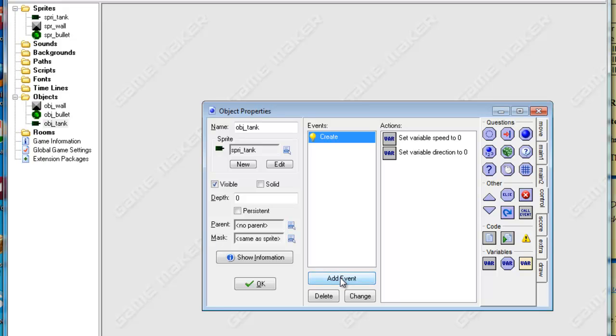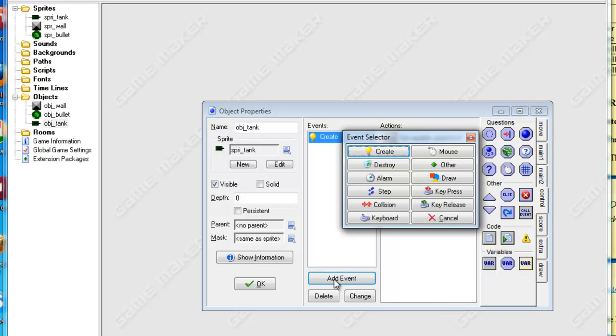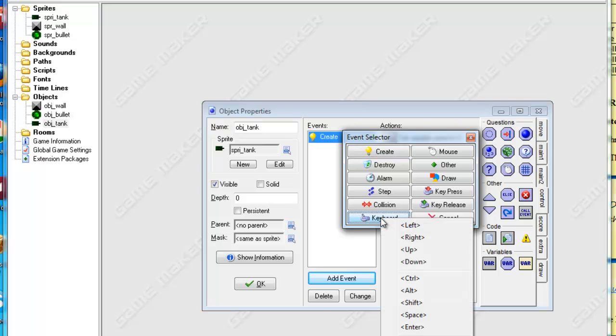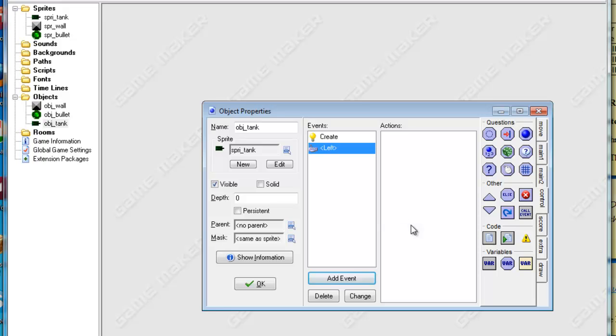The first thing I'm going to do is add some keyboard events, which will make my tank move backwards and forwards using my arrows. So I'll click on Add Event and I'm going to add a keyboard event. Let's choose the left key, choose left,